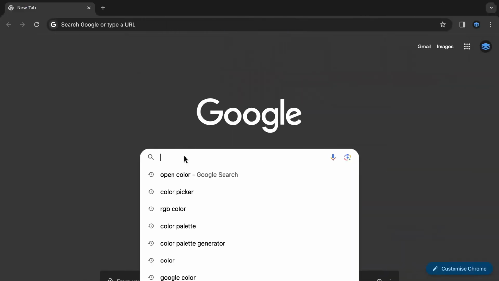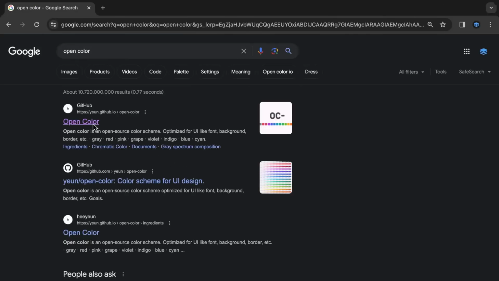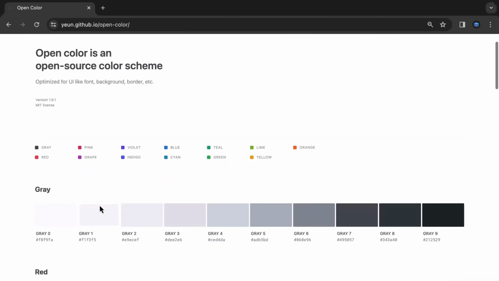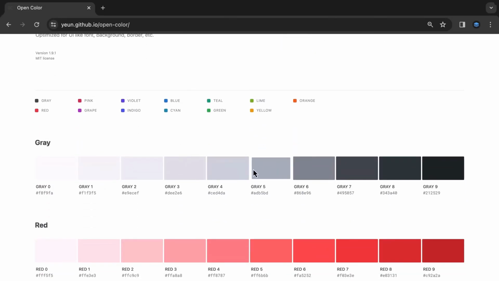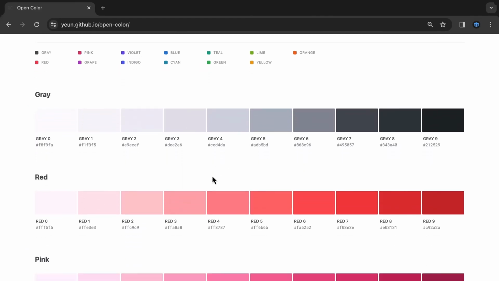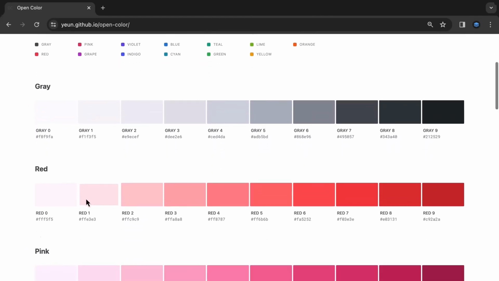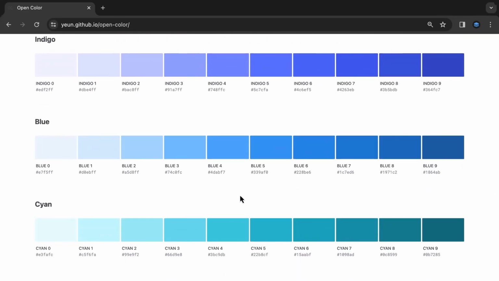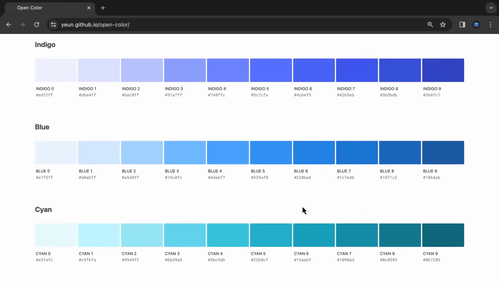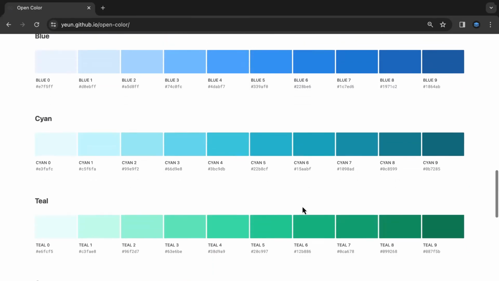The first resource, which is my favorite, is called OpenColor. It's this first link in Google over here. It basically gives you a gray color, along with tints and shades, as well as common colors you'd use for primary, secondary, and tertiary colors, like red, pink, grape, violet, etc. From here, you can easily select your own base color, like blue 4 or 5, and corresponding tints, like blue 1 and 2, and shades, like blue 7 and 9. This is one of my favorite resources because it really helps limit down color choices for you. The colors chosen here really are spectacular and beautiful, and I would recommend using a resource like this so that